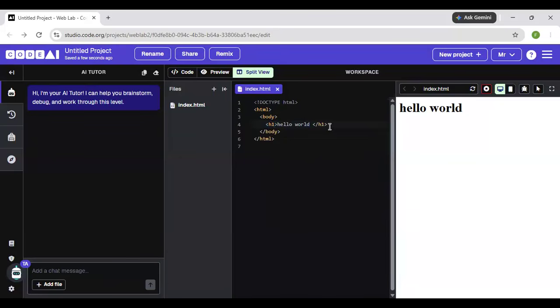Yes, sir. Okay. Now, this is the basic H1. H on its own is basically a header, which is why you can have up to six headers. So let's go H2. All right, you can see the differences, right? Yes, sir. Now, H1 is the main header of the page. H2 and others are subheadings.